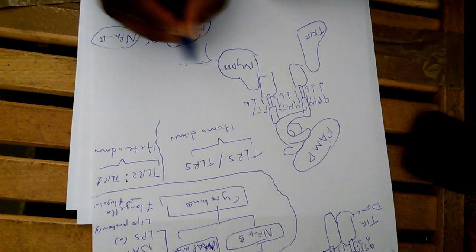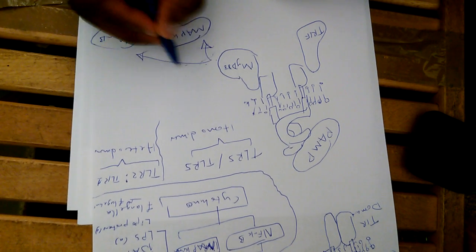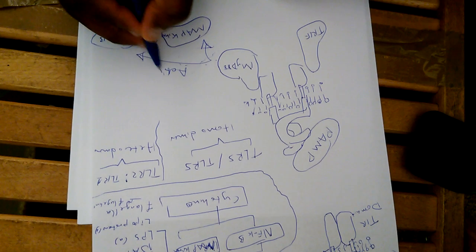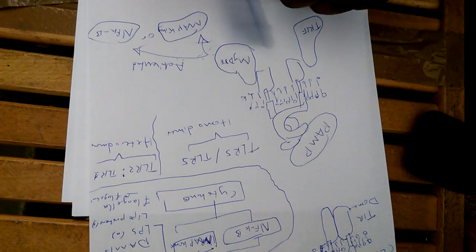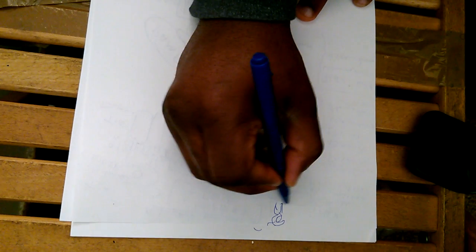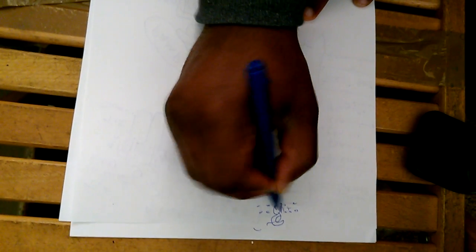Any of these two will be recruited and activated to do stuff. Now let's go into the activation of both of these and how the pathway goes. And this is the main diagram. So the first thing that happens is, when the PAMP binds here,